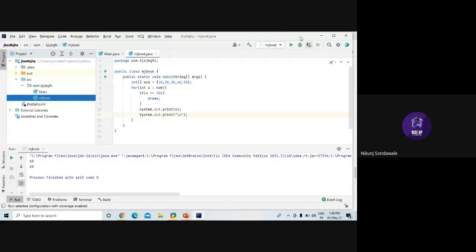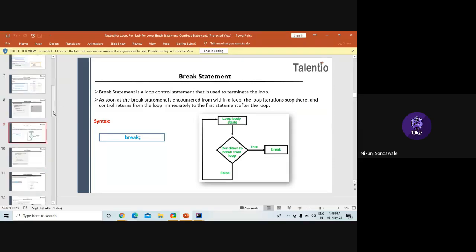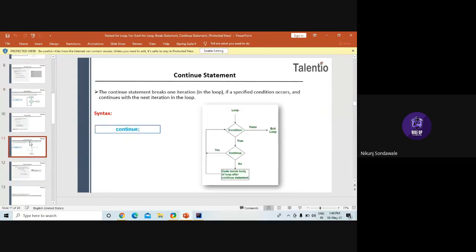After this break, we have the continue statement. We'll see the continue statement over here. First we'll read the definition.